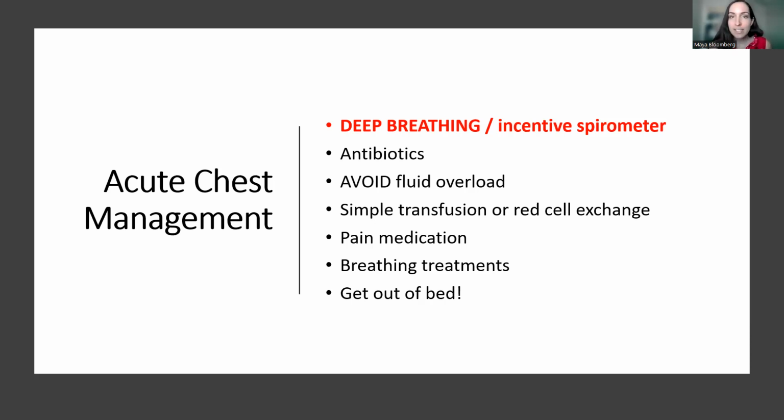So you should have an incentive spirometer. And the key with the incentive spirometer isn't to just do it quickly and go, you really want to keep that ball steady and do a very slow inhalation to keep it in. So for my patients who don't have an incentive spirometer, I always do the 3-3-3 breath method, where you breathe in for 3, hold for 3, blow out for 3. And this is going to help prevent pneumonia, but if you have pneumonia, it's going to help speed up the